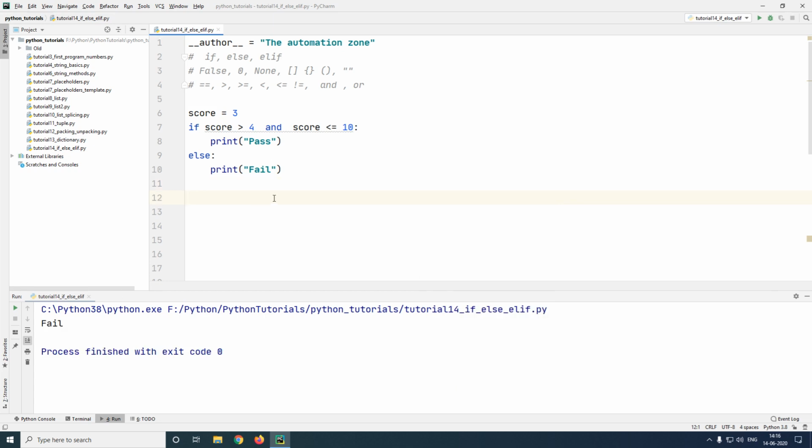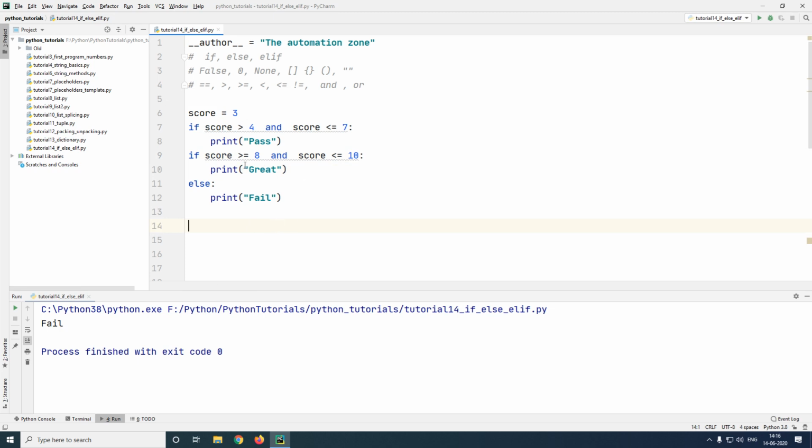We will now try to execute multiple if conditions together. In the given example, if a student is scoring between 5 to 10, we are printing out pass. We will change this number to 7, and then we will say that if a student is scoring greater than or equal to 8 till 10, then he is a great student. So let me type here great. So we have two if conditions here. Same way you can have more than two as well.